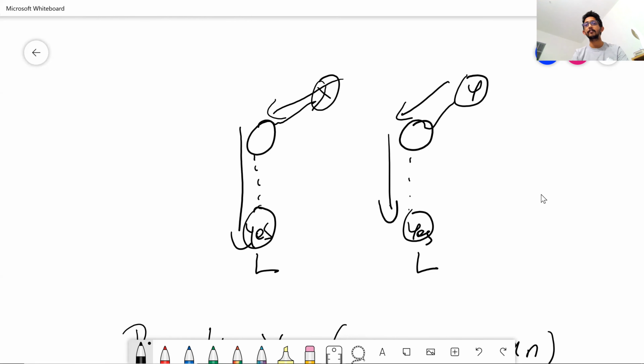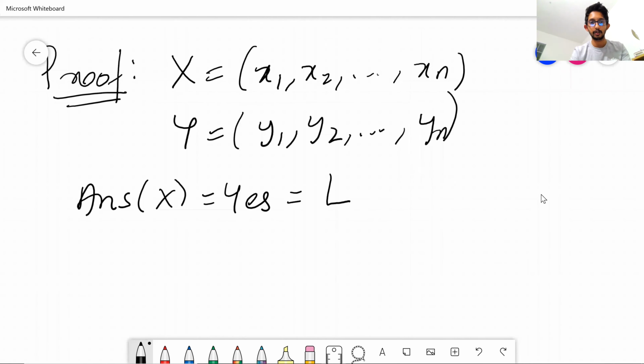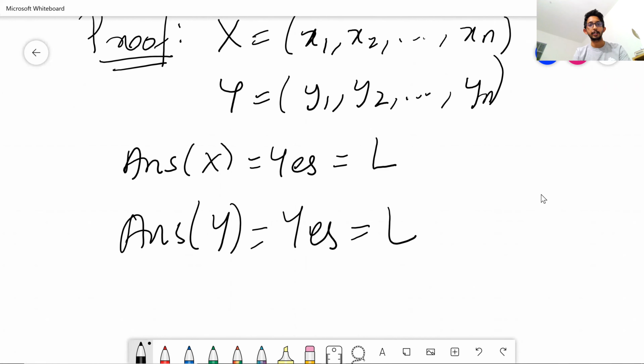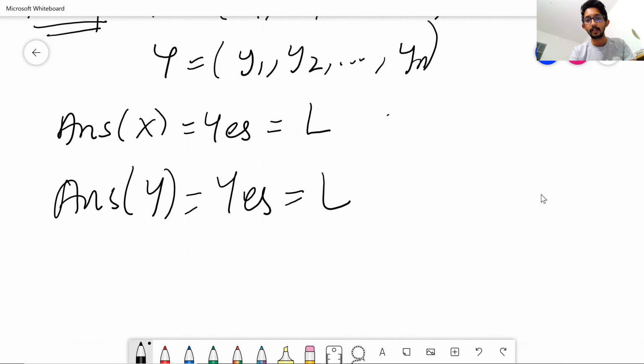So for x and y, if both of them have the same path, then we can connect x and y through the same path. So it's basically how we are able to prove that. Okay, so let's just assume that the answer of y is also yes. So we are assuming this, but we will prove that it's a contradiction, that it is not possible. And how do we prove that? We assume another, let's say both of them go to a path called P.